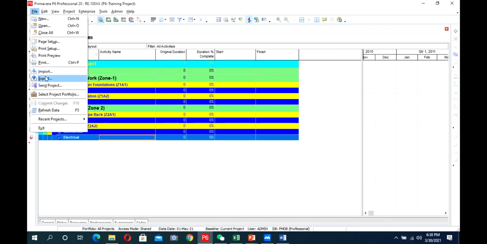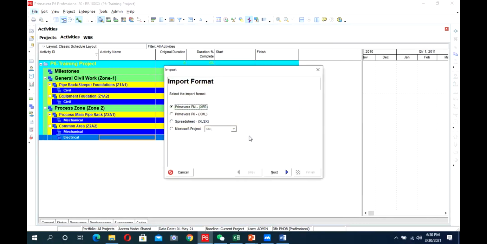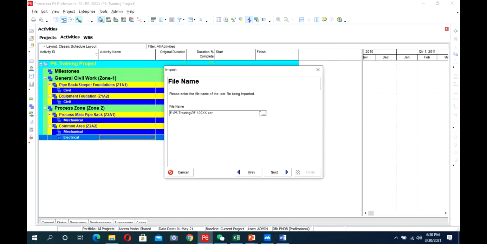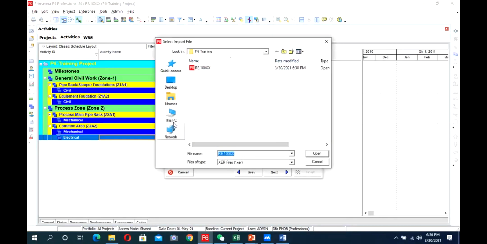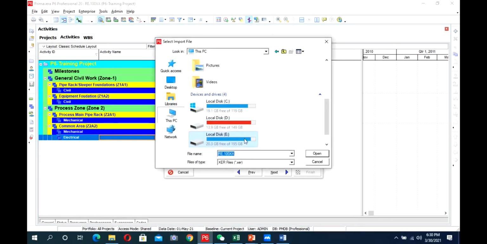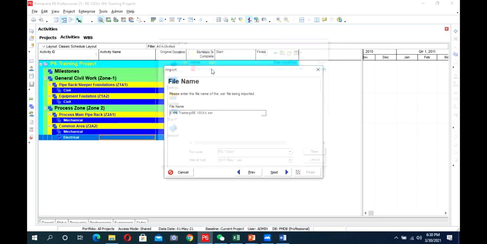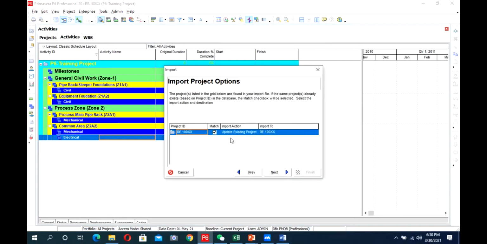Go to file, click on import. So here you will go to next. This window will come, file name. From here you will select the file name. So click the file you will receive in WeChat. You will receive this file in WeChat, select it, go to next.